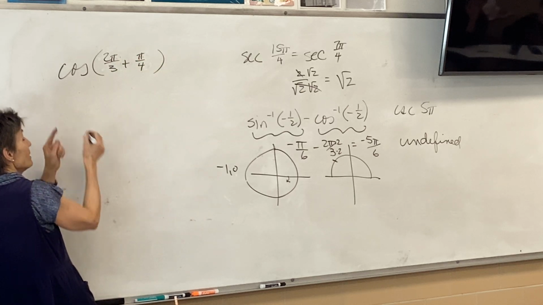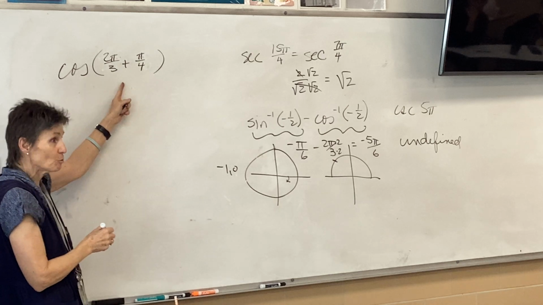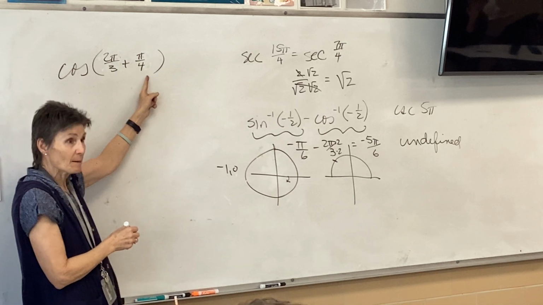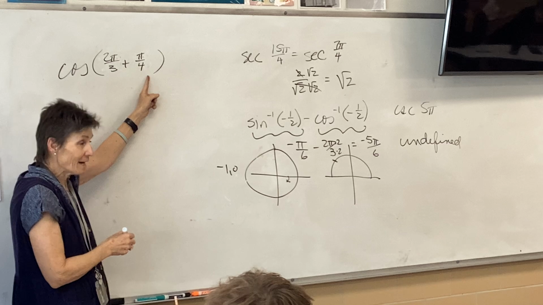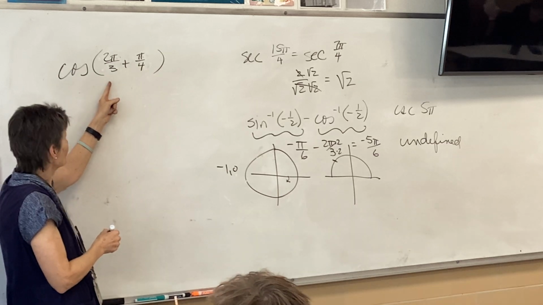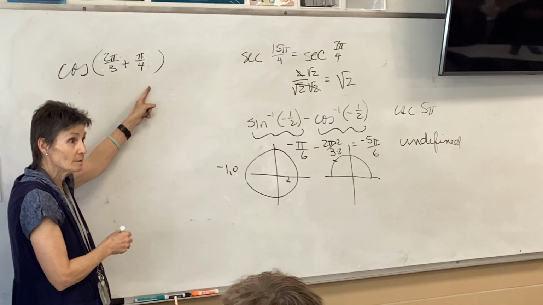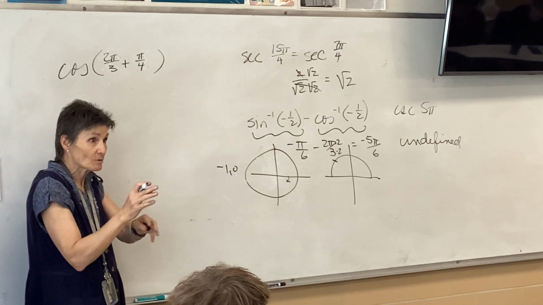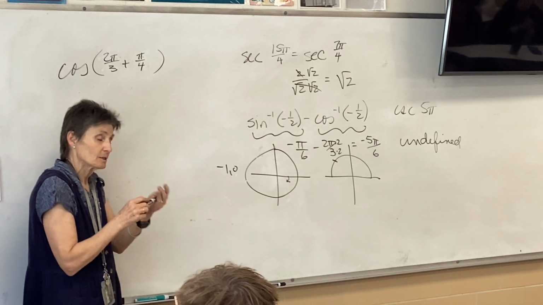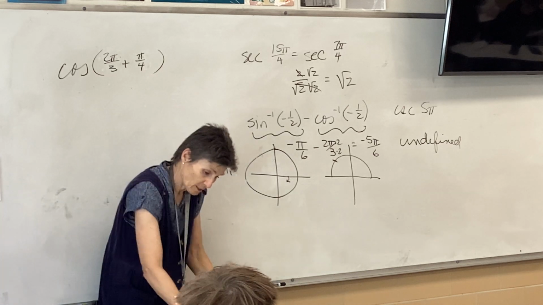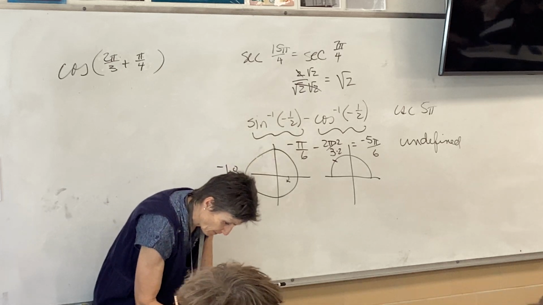So quickly, this would be cosine 2 pi over 3, cosine pi over 4, minus sine 2 pi over 3, sine pi over 4. Then you would find all those numbers and do the math, right? Okey dokey, so these. Listen,